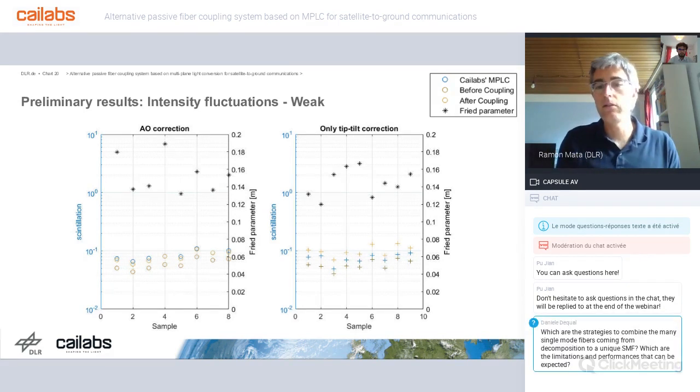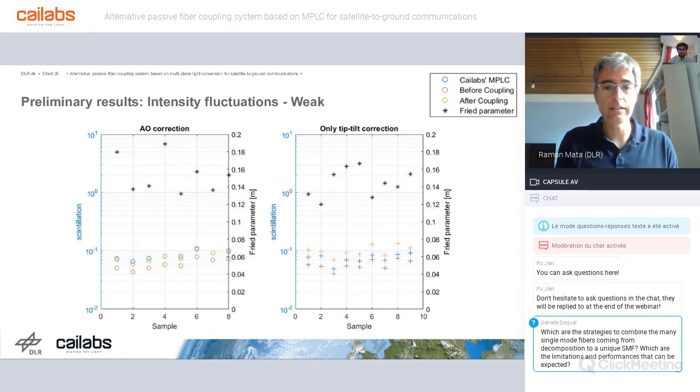And then the last part is after the single mode fiber coupling, after the adaptive optics system. So it means we had the adaptive optics correction, and then we focus the light into a single mode fiber, and then we measure in the fiber what are the signal fluctuations. So at the end, what we are comparing is the blue symbols with the yellow ones, putting as a reference the best we can get, that is the red ones. So here we separated the results in these three regimes that we defined before with the scintillation: the weak, the medium and the strong.